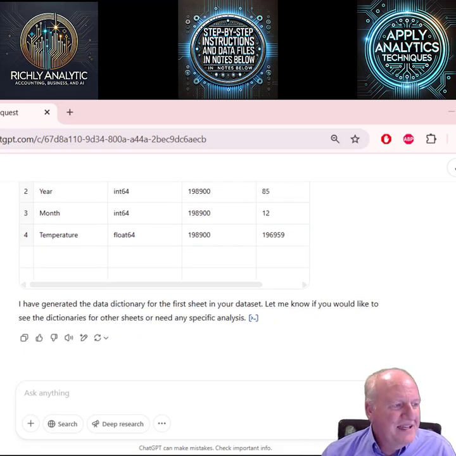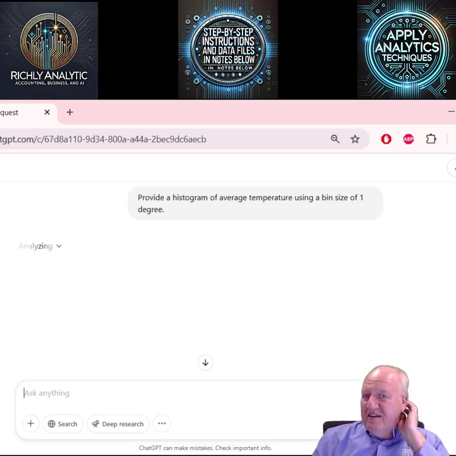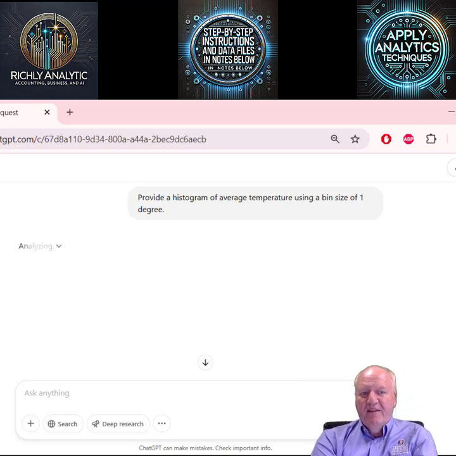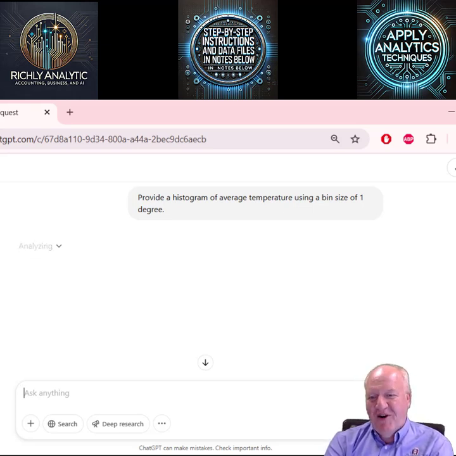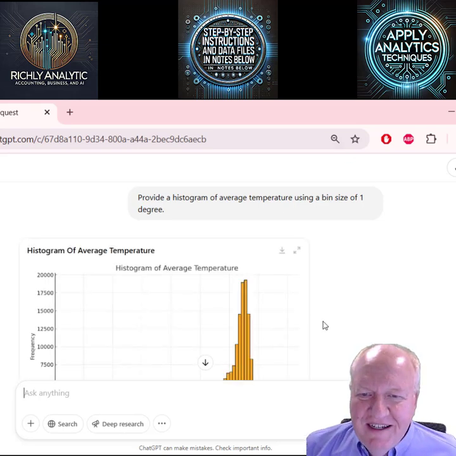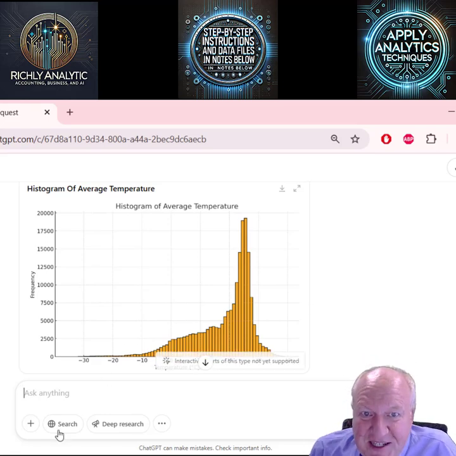Now let's ask it to provide a histogram, but we're going to use a bin size of 1 degree. So that's going to be the most detailed that will be provided for us. A good question would be, is this degrees Celsius or degrees Fahrenheit? Perhaps we should have taken a better look at that at the beginning, and perhaps we can see that now. I hope there's no places on the earth that have 112 degrees, but you can certainly see this looks to be Celsius, and so it says degrees Celsius.